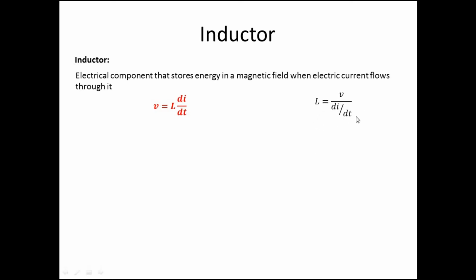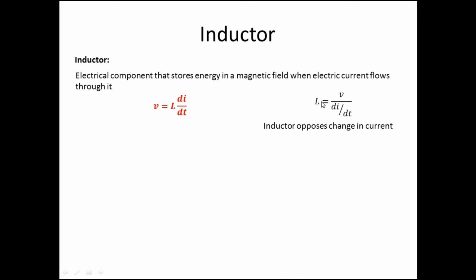So if you compare with R is equal to V by I for a resistance, by Ohm's law, R is V by I. So R is something which opposes current. Similarly for an inductor, L is equal to V by di by dt. So inductance is something which opposes the change in current. So an inductor in a circuit behaves like it opposes change in current.